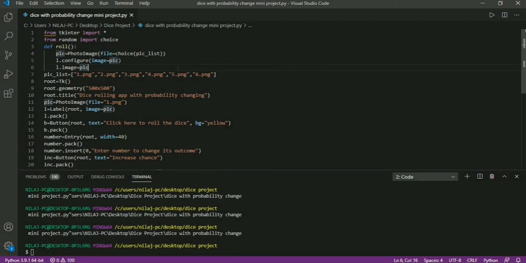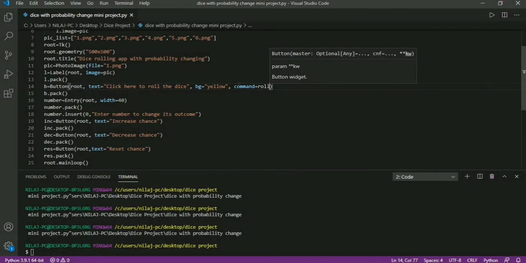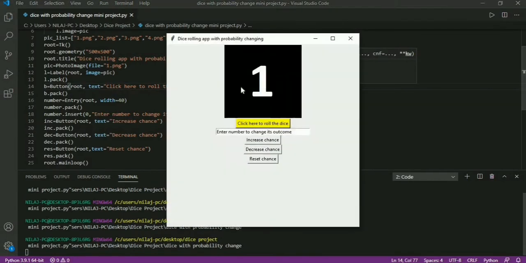Now let's pass the roll function in button. Here command equal to roll. Now let's run the code, and you can see here when I click this button I am getting random images.